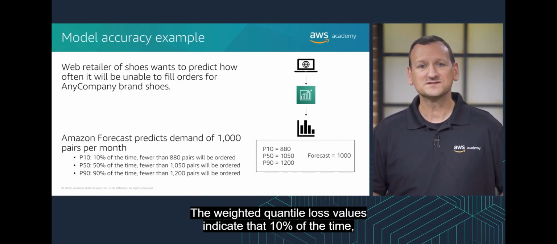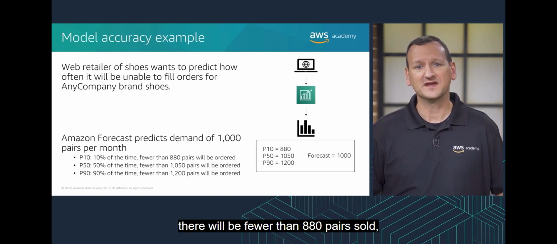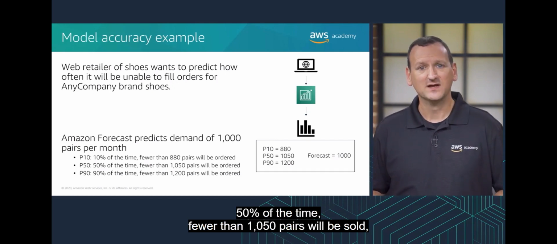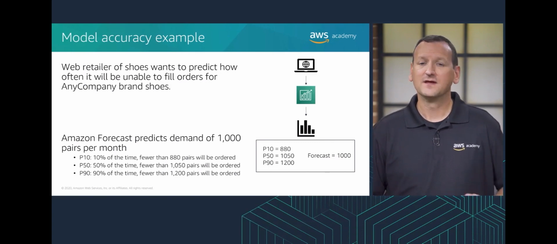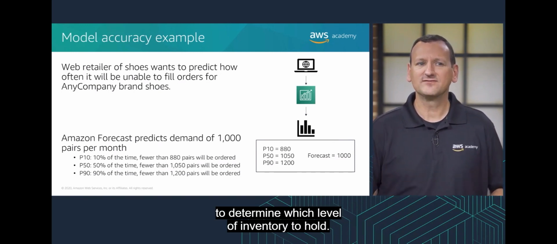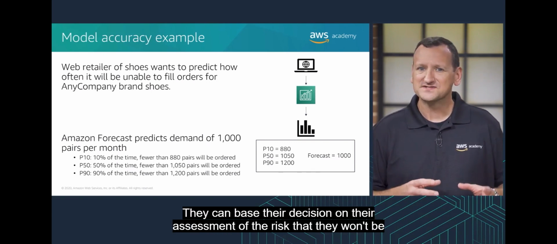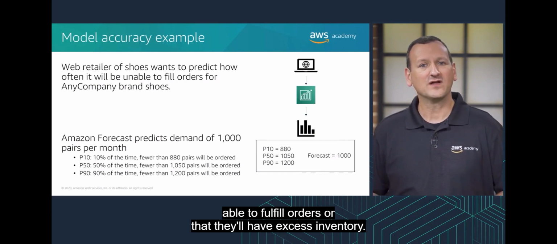The weighted quantile loss values indicate that 10% of the time there will be fewer than 880 pairs sold. 50% of the time, fewer than 1,050 pairs will be sold. And 90% of the time, fewer than 1,200 pairs will be sold. The retailer can then use these values to determine which level of inventory to hold. They can base their decision on their assessment of the risk that they won't be able to fulfill orders, or that they'll have excess